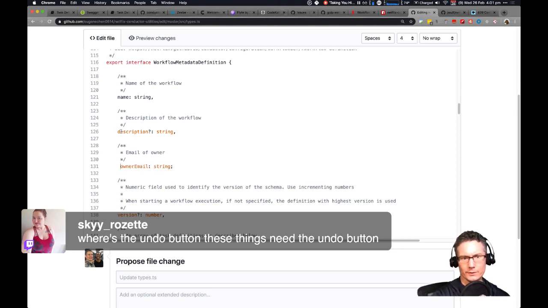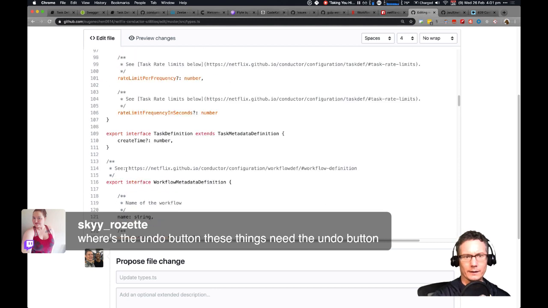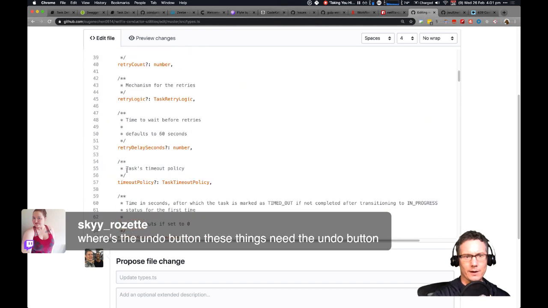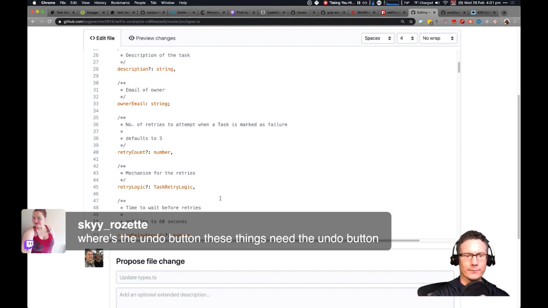Is that right? No, this is one out from there. Okay, and did I get the right indentation on the other one? Owner email, one out, yep, okay.